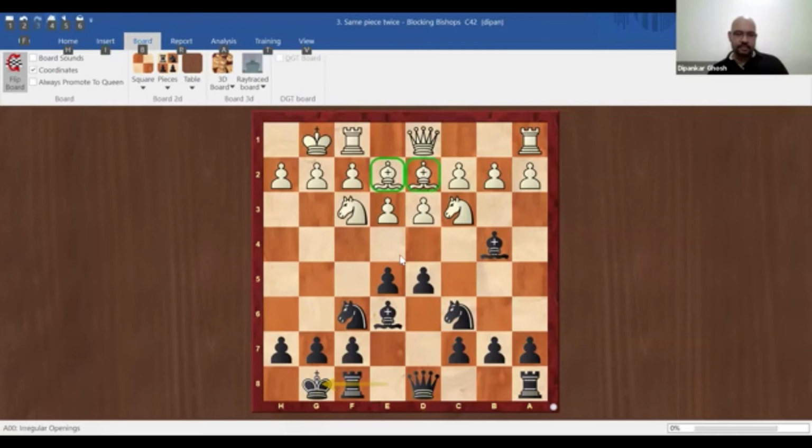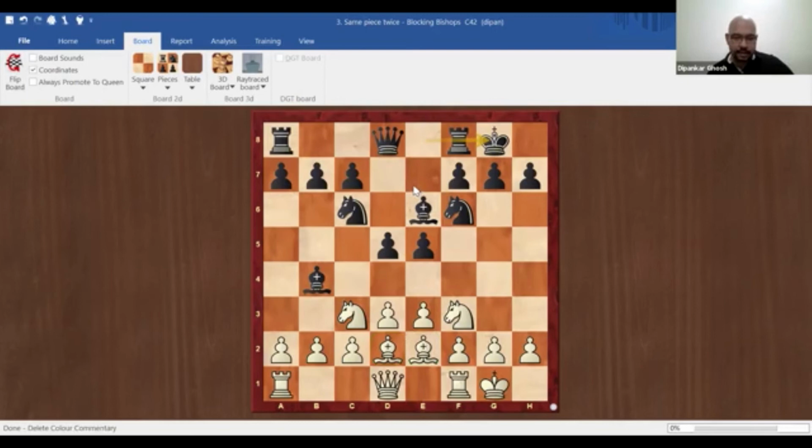These two bishops. This e2 bishop, the highlighted bishop, literally cannot move. It doesn't have a single move. Why? Because white blocked it in voluntarily. He did this to himself. This bishop, where can it go? The d2 bishop, only back. And if I flip the board, think about how you feel in this position. What about the queen? Can it do anything? No. So white is very restricted simply because he has placed his pawns in this way.